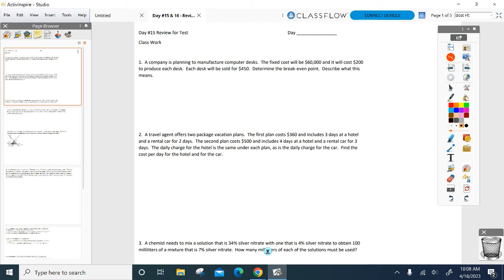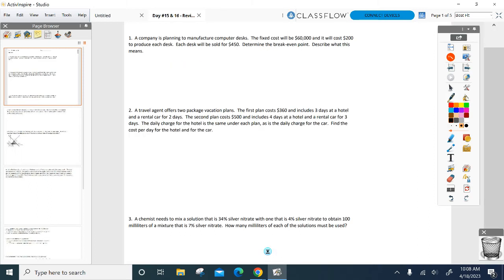All right, doing the evens today. Read through number 2. Hopefully you guys are noticing I'm looking for 2 things here. I'm looking for the cost of the hotel and the cost of a car. That's 2 things I'm looking for, which means I need 2 variables, which means I need 2 equations. So right off the bat, I know I'm going to have 2 variables, 2 equations, because I'm asking for 2